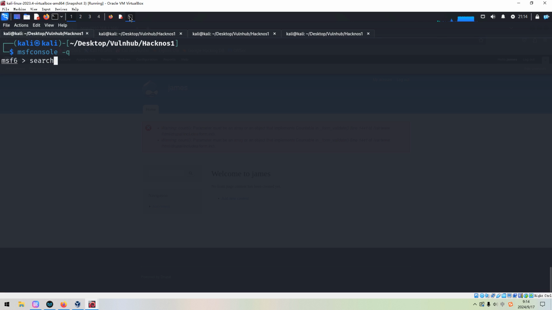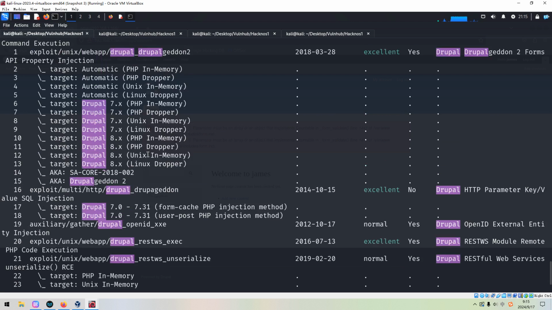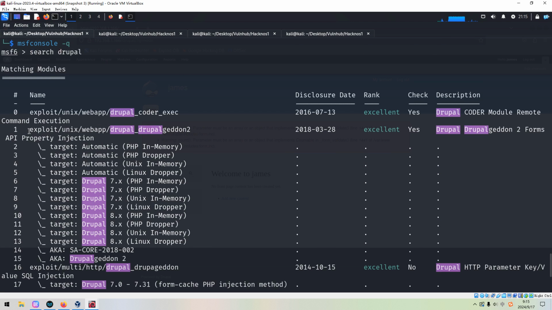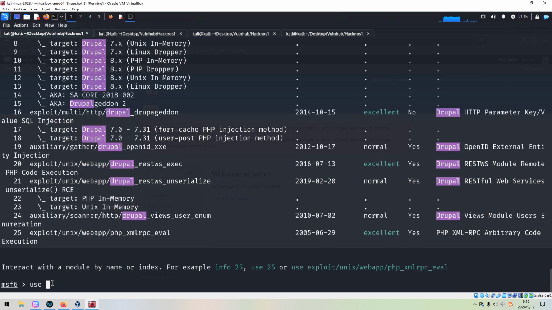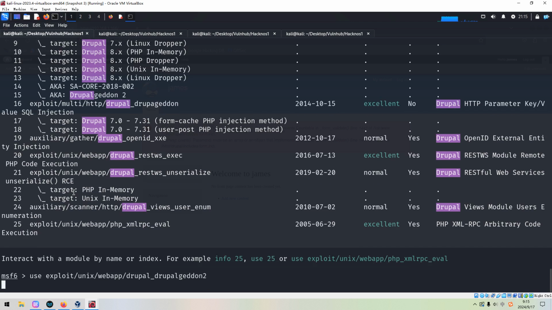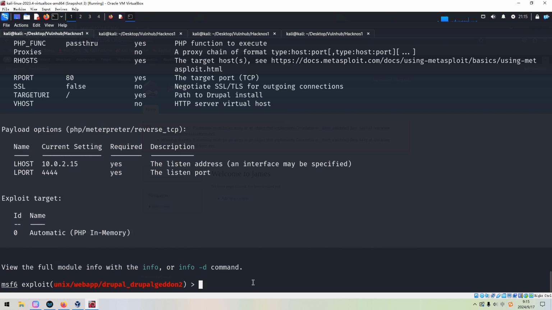Then we can search Drupal. And there are so many modules available, but this one is what we want. We can copy and paste in here. We do not need to change the payload, just leave it as it is. So we can show options, and we can set the local host to our Kali Linux.